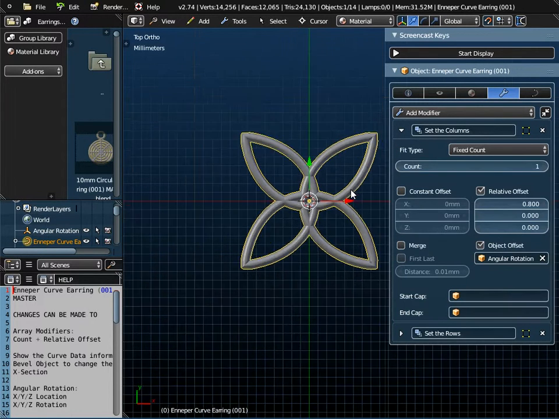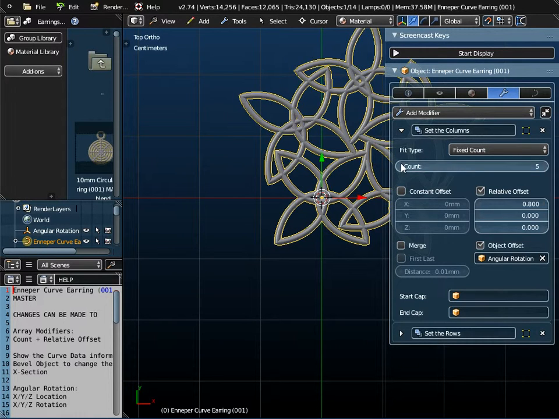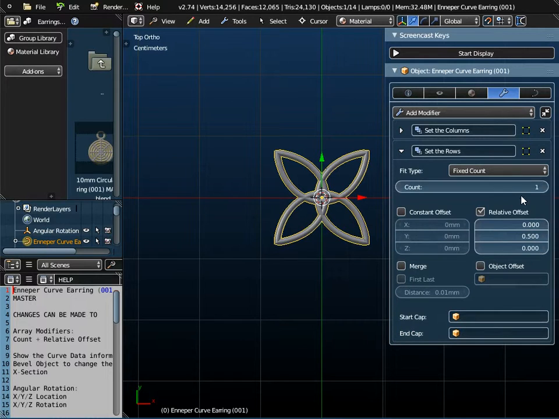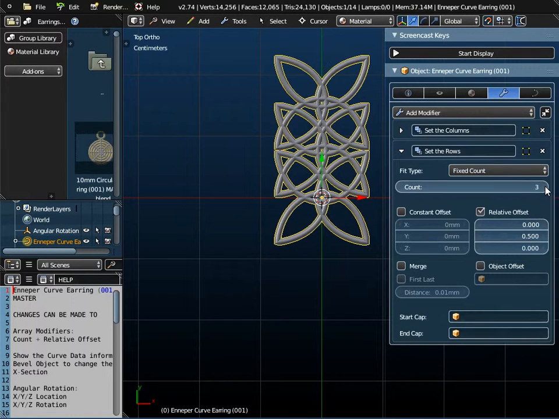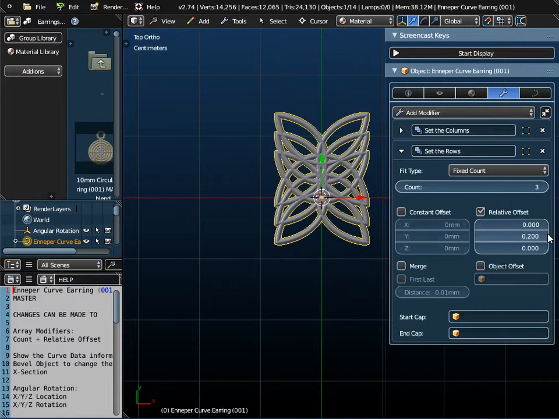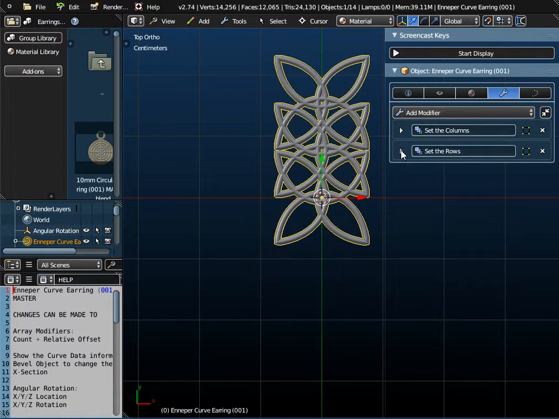and we could change the number of rows here and create a circular pattern like that. I don't want rows in this instance. I just want to change the... I do want rows in this instance. I don't want a circular pattern, so I can change the rows here, and I'm just going to set the count at 3. I could change the offset. That will give me different patterns for the earring. I'm going to stick with the default one, and I can just move that panel back out of the way